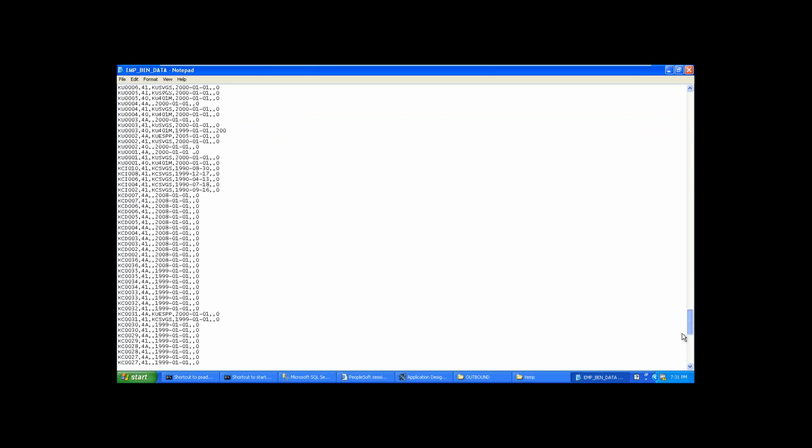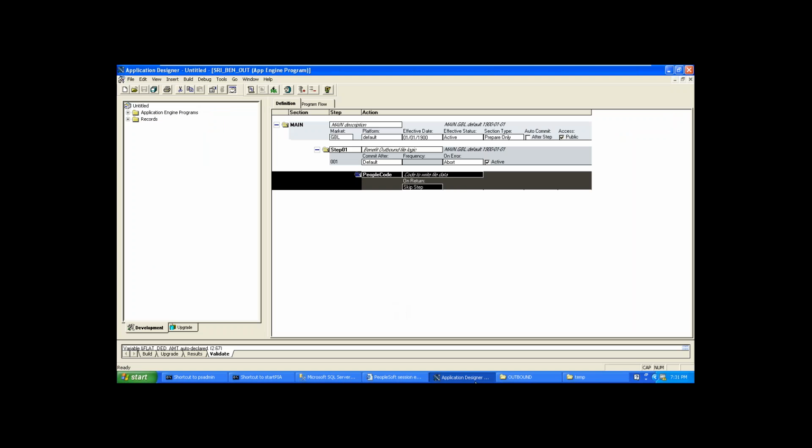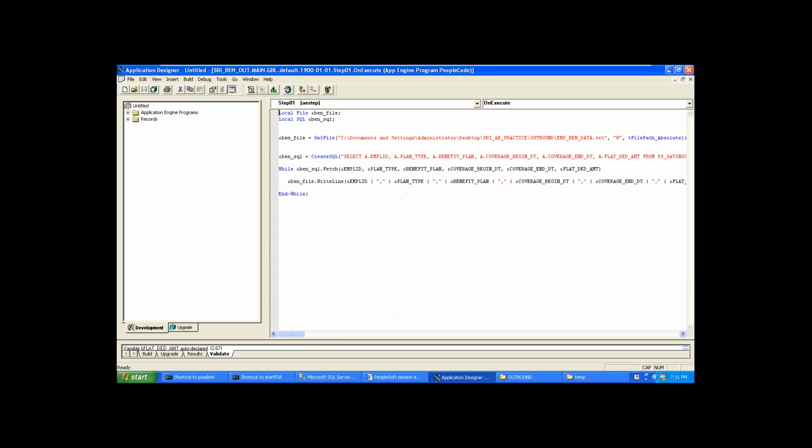You can create some CSV files also through this application designer. Let's say in the place of txt, here I am using CSV, comma separated values, simply CSV. Now your file will generate in Excel CSV spreadsheet format.